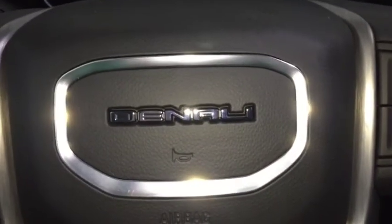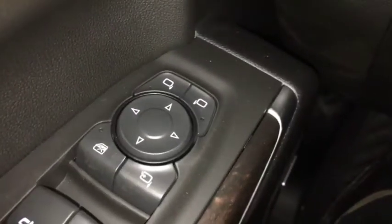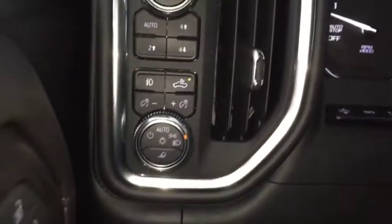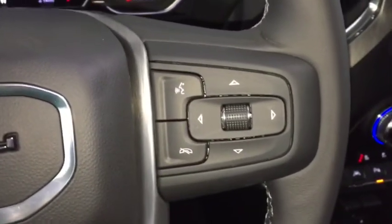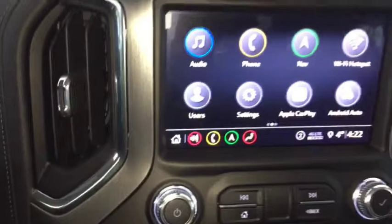Some of the features included in this luxury truck: seat memory, electric adjustable and retractable side mirrors, towing, 4x4, automatic headlights with fog lights and cargo lights, automatic high beams, cruise control, heated steering wheel, Bluetooth ready phone and media, hands-free steering wheel controls, remote start, push button ignition, AM, FM,